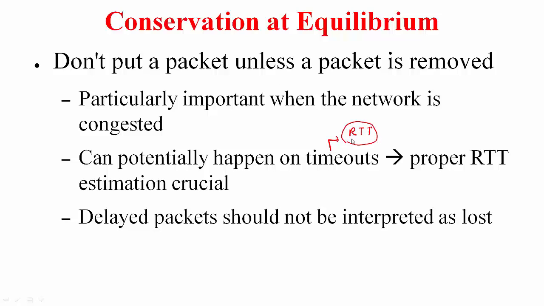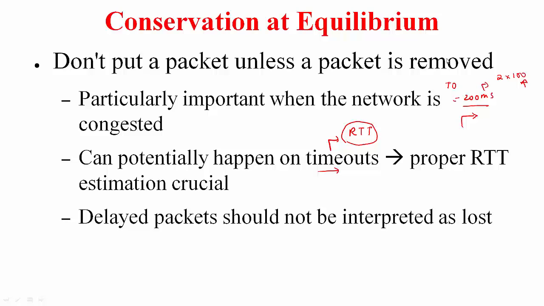And if you do a miscalculation of the round trip time, you can time out even when the packet is still in the network. Suppose you set your timeout value equal to 200 milliseconds, which let's say is twice the round trip time, which is 100 milliseconds. So you're expecting an acknowledgement for this packet after 100 milliseconds and you are ready to wait even 200 milliseconds. But if you don't receive this acknowledgement, you are concluding that the packet is dropped and thereby you are going to resend the packet. But when a network is congested, the round trip times are going to increase significantly because there is a lot of queuing.